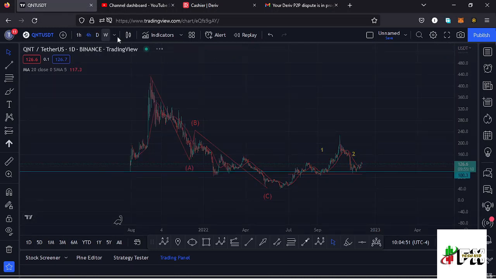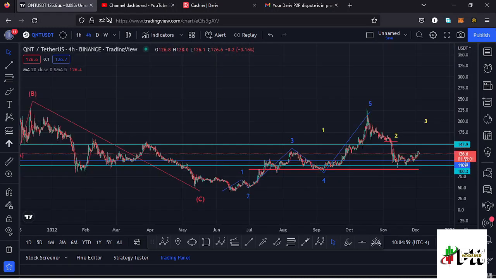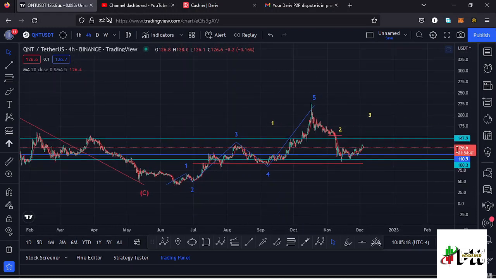And jumping to the 4-hour chart for further analysis, here on the 4-hour chart you can see I have this Elliott structure in blue, which is a fractal wave within that higher Elliott wave count 1 to the upper side, which has given us a high at around the $229 mark. And in that movement to the upper side, I believe Quant has finished that movement in the formation of that higher Elliott wave count 1, and whatever we expect next after seeing the formation of that